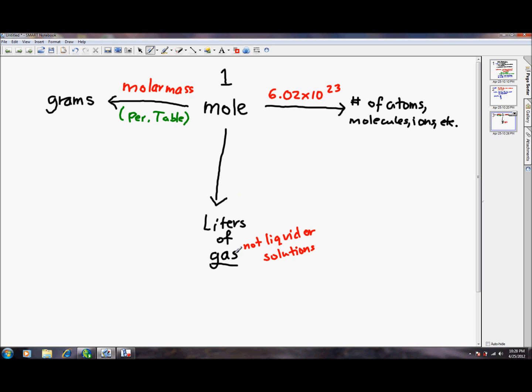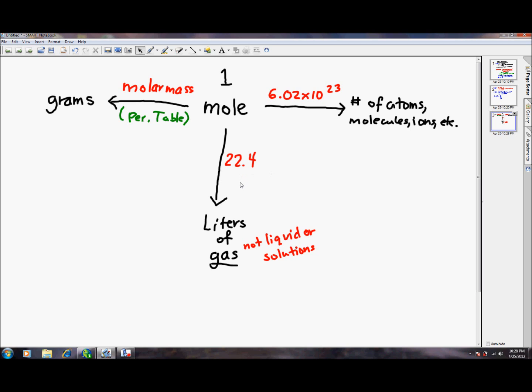Okay, this only refers to liters of gas. Well, what's the magical number, if you will, here? It's 22.4. Right? It actually turns out that a mole of any gas, this is only for gases, will occupy